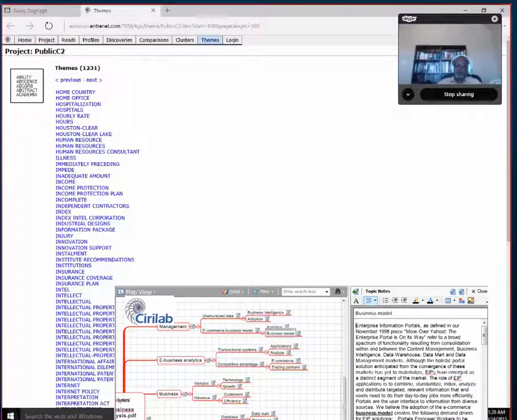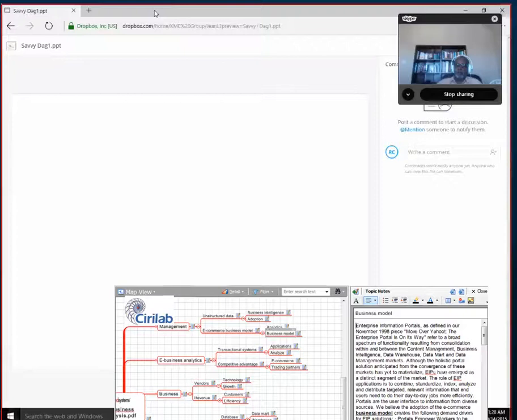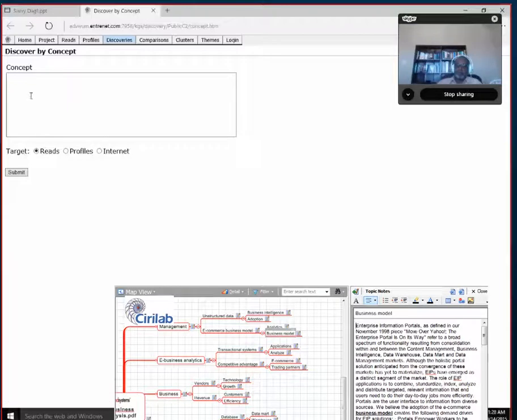Because we're on a trial here, I'm going to back up, and when I had the box, I should have said, okay, suppose we go check intellectual property. So if I put in the clause intellectual property and I want to go against the reads, then I